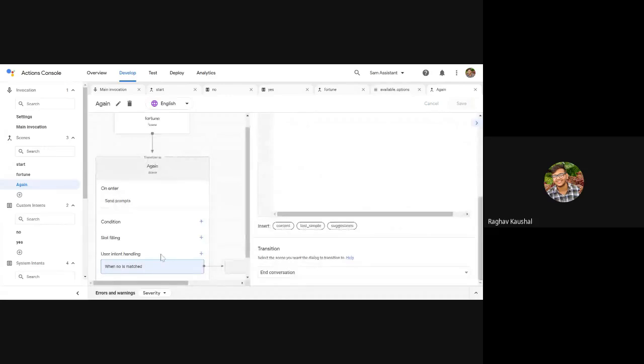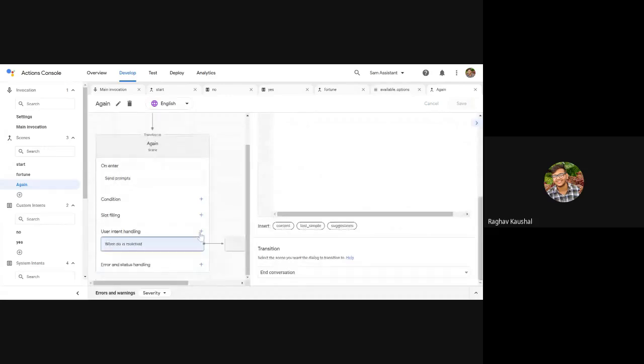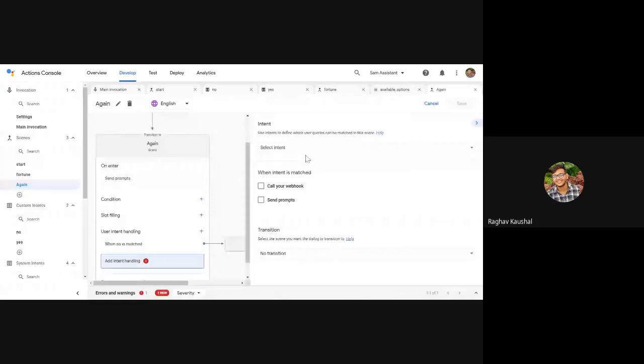Add one more. I'll select an intent, yes, that when yes is matched. Okay, so for example, you chose a dragon. Told you that a dragon can do this. Then it says, do you want to see your future again? And you click on yes.